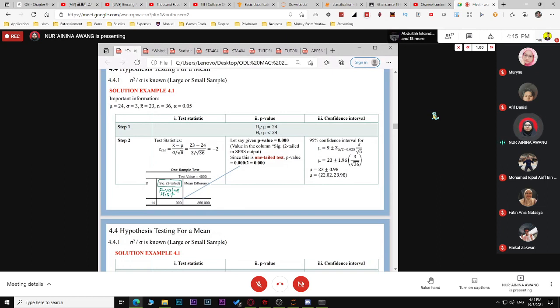So we know that less than is for one tail. This p-value is for two tail. So what you need to do with this p-value, you need to divide by 2. Okay, to get the p-value for one tail only. Okay, but for example in this output, it only gives,